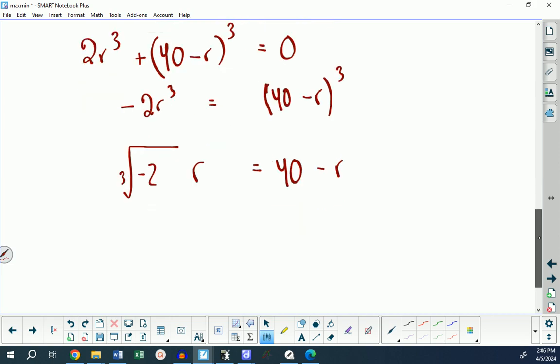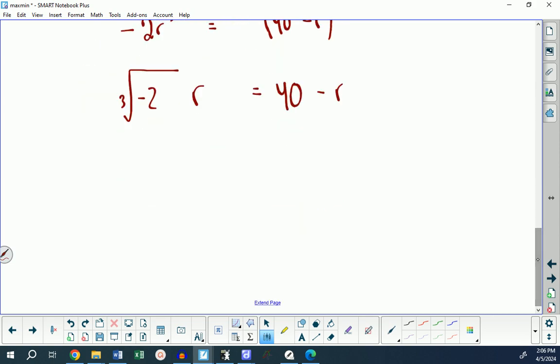So then I said, well, we have to get r by itself. I'm going to add this r to the other side and get r plus the cube root of -2 r equals 40. And I factor an r out, and I thought, oh man, this is going to be so great if it works. And it didn't work, okay? But I'll show you why. And again, I want to tell you the story of what happened here. I factor the r out,